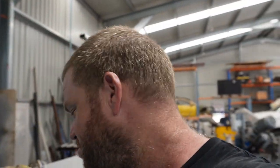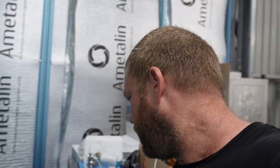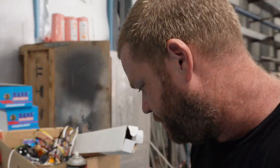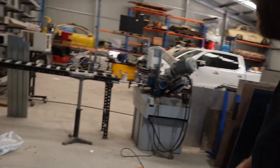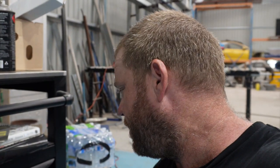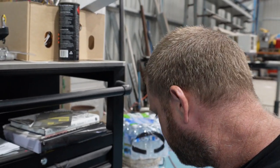Just these little brass joiner things, because I found out, I've done those electrical Horsepower Academy course things. Found out that apparently soldering wire is not the go, so those little brass things go and use them to splice wires together. Little clip things for fuel lines and air lines and all that. Yeah, got tube bender stuff for doing all the air lines and brake lines and all that kind of stuff, and then